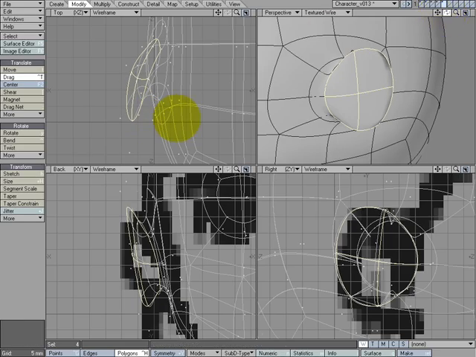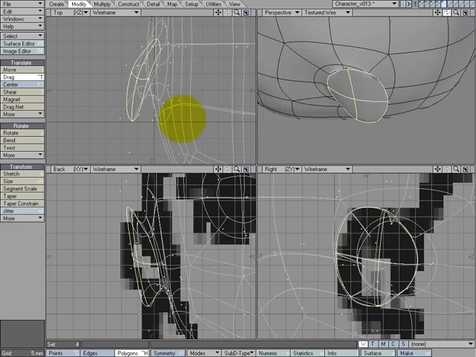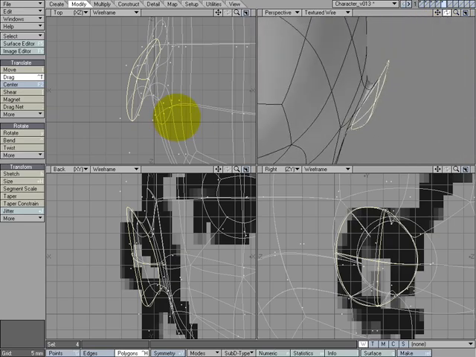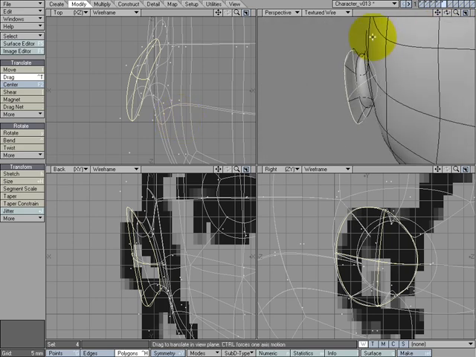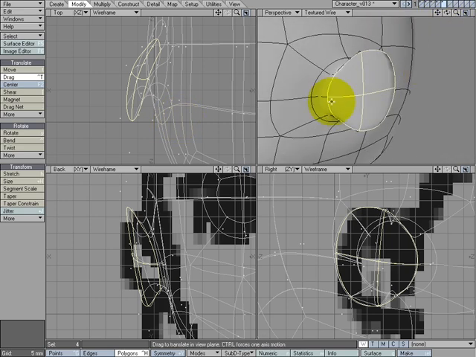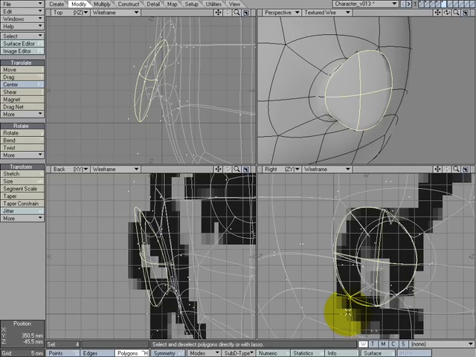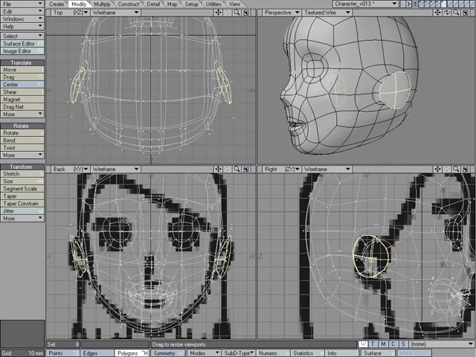Okay, let's pull these out manually. What that's done is it's merged the points, kind of created like a lip here. But joined them here, here, and here, so we don't have like a ring of polygons here. Now select them all again,